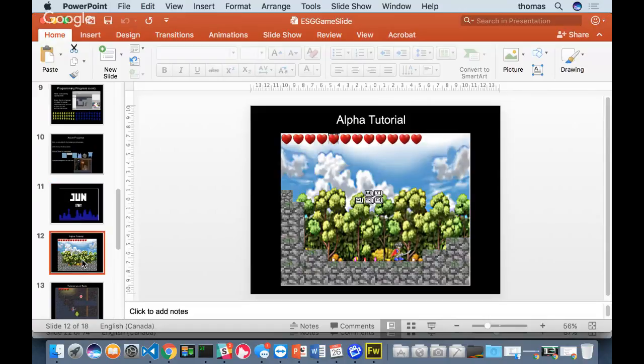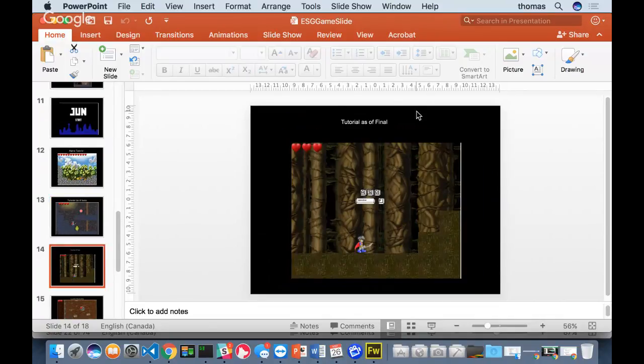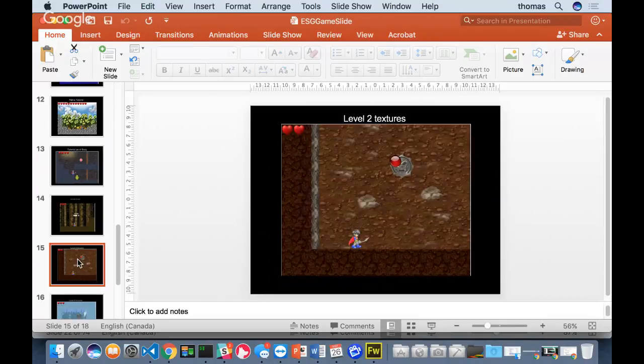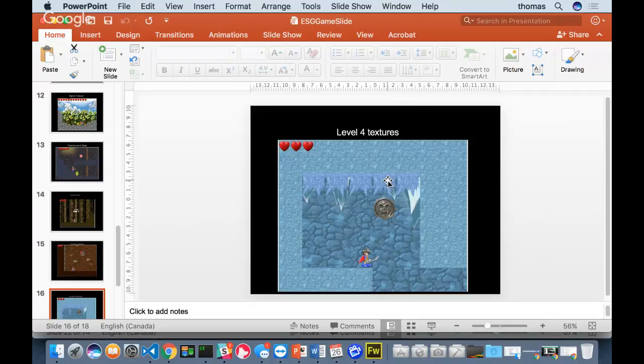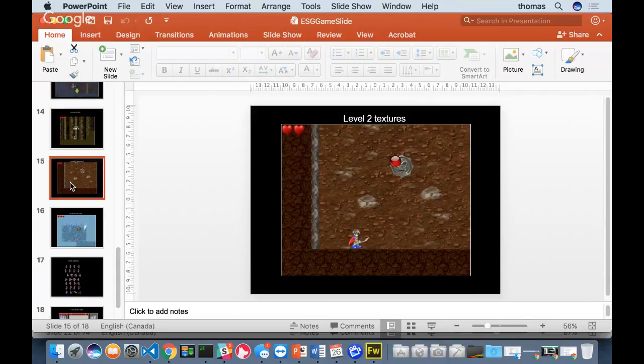This is their original alpha that they actually made. Then this is the tutorial as a beta, because I asked for a tutorialized kind of level. Then this is the tutorial as the final. So they kind of had this area here where they talked exactly. Some of this didn't work for me, I'll be honest with you. But they showed progression, which is what I want to see for you guys. It doesn't have to be perfect. Remember, you're creating a prototype for the end, right? Here's your level 2 textures. They use level 2, and then they use level 4 instead of level 3 because level 3 wasn't working as well, right? So they had 3 levels, different kinds of things: forest, some kind of underground level, and